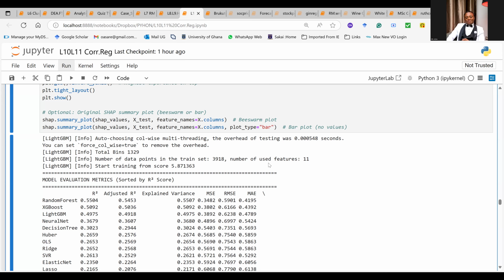Isaac, your hand is up. All right, so I put my hand back down. I was struggling to get it to work, but I've been able to run it, and the results are just beautiful. It's impressive that we get the results for all the models in one go like this.